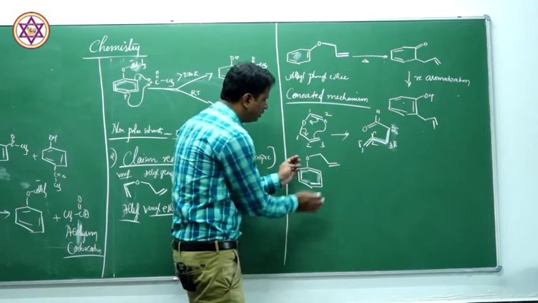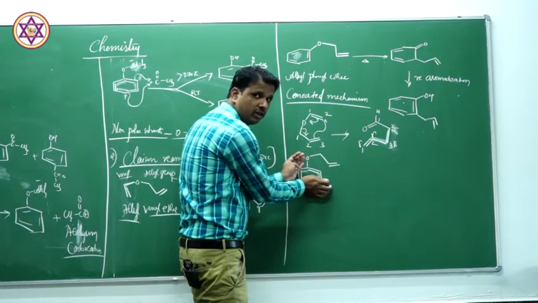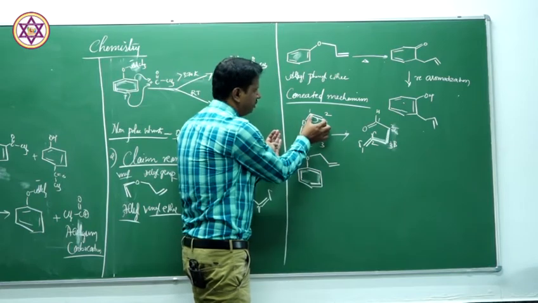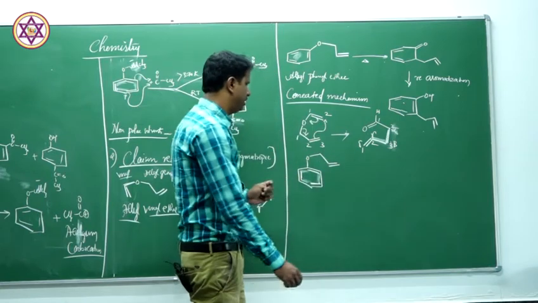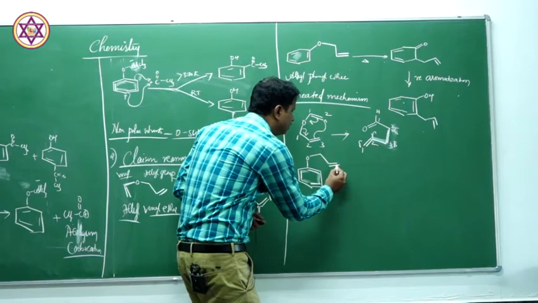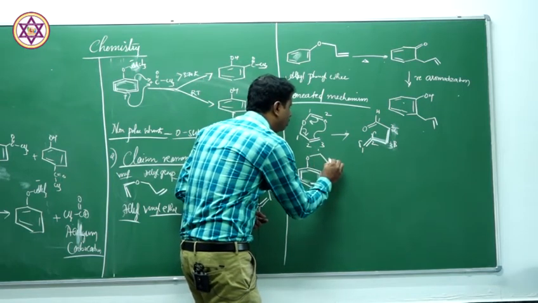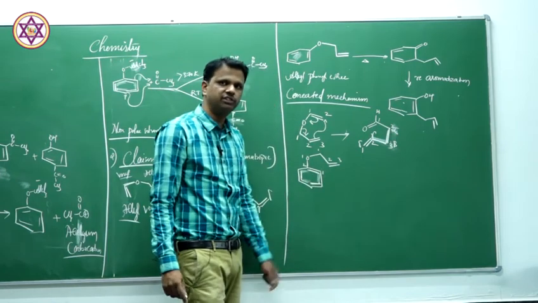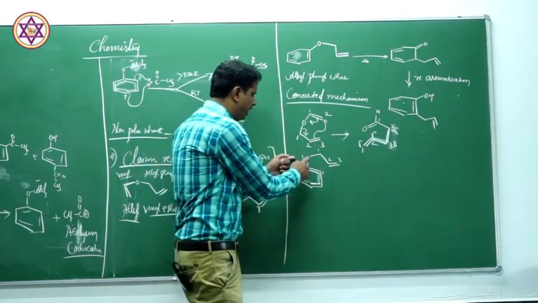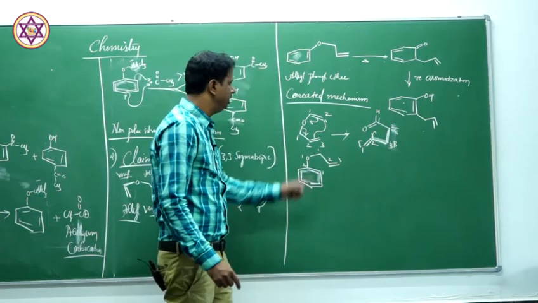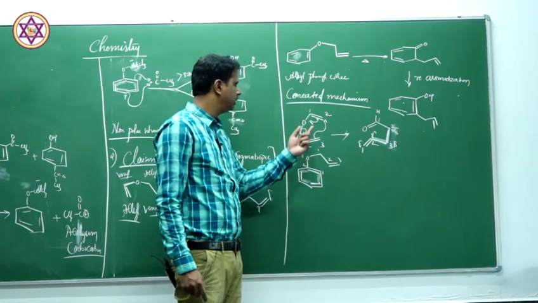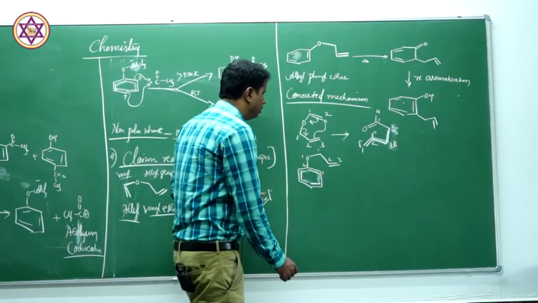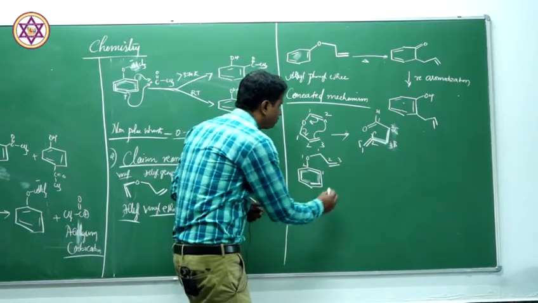Now this is also like vinyl group only. Okay, and did you get the point? See, this group, this double bond is similar to this double bond only. That is how you should understand. Now what happens? Similarly, I'll write 1, 2, 3 here, and 1, 2, 3. This is 3, 3 sigmatropic, as I said earlier. 3 atoms are involved. Here I wrote 1, 2 just to make you understand the migration of the bonds. So 3, 3.